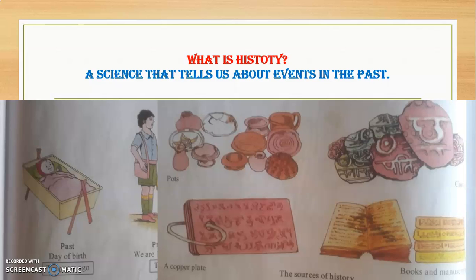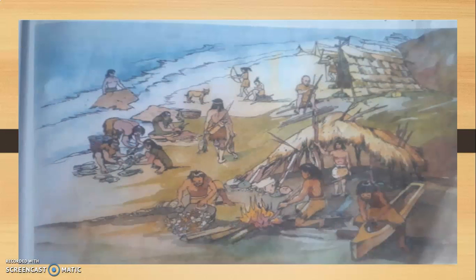Like you can see on your screen, you have written materials like copper plates, books, scripts. Then materials like coins, pots, toys. And oral forms, where you have folk songs and stories. All these can be counted to know about your past history. Not only that, we also studied how from the old Stone Age, man started